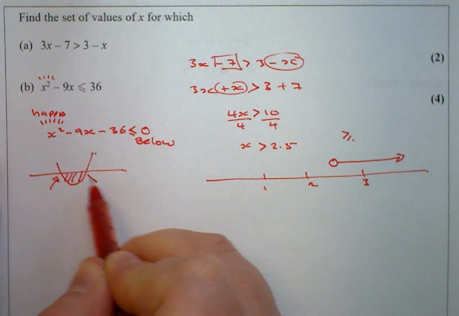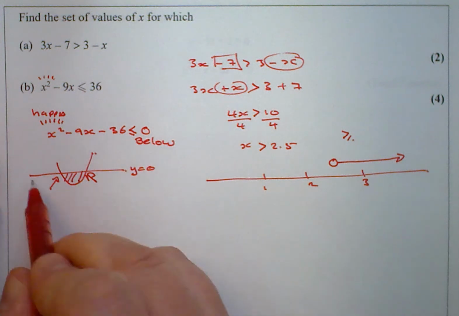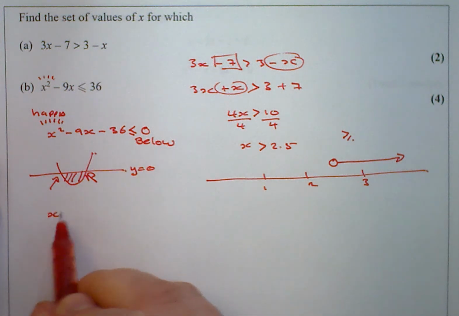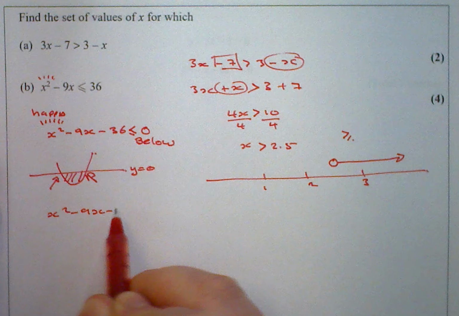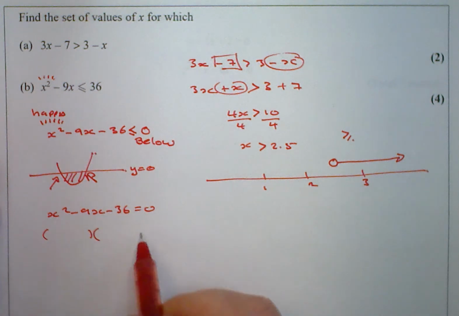I need to find out what these critical values are, and y equals 0 at this critical point. So I need to solve the equation. Where does this thing equal 0? Well, it factorizes,